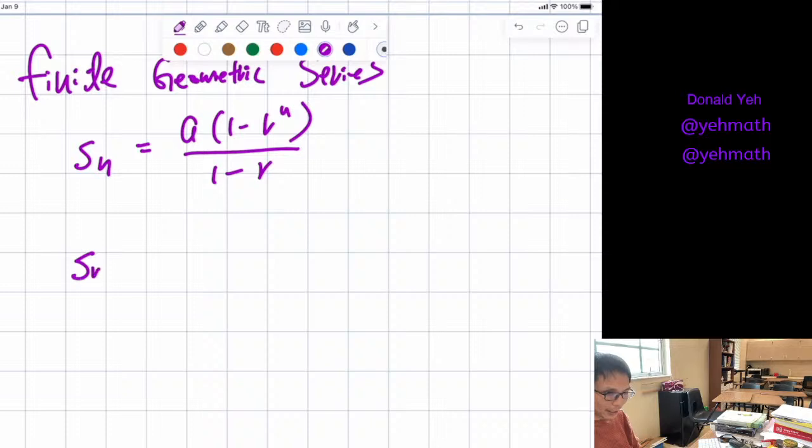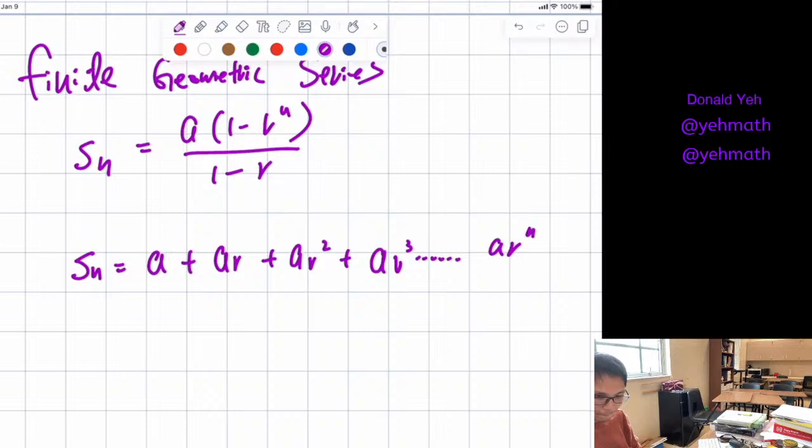Imagine that this is Sn, that means sum. And the sum is going to add the first term. Every term I'm going to multiply by r. Is that okay? I'm going to stop at the term before, because that's the formula that we are using. Now, what we are going to do is multiply by